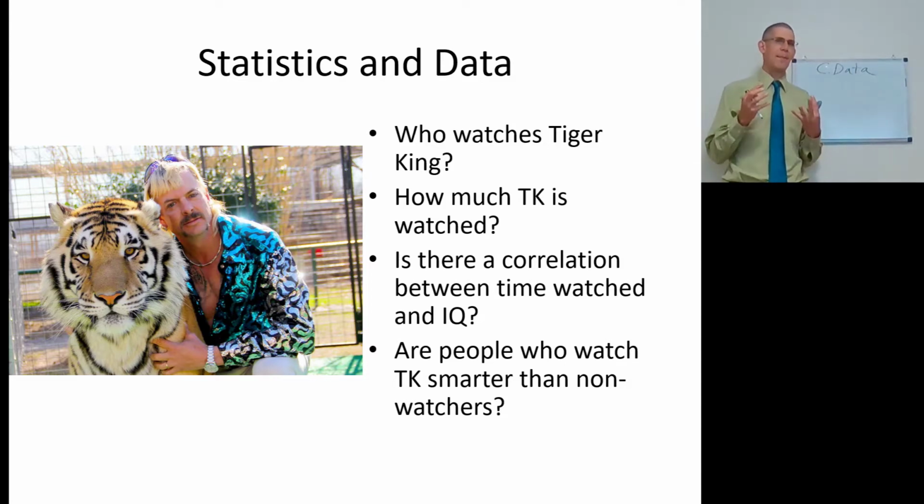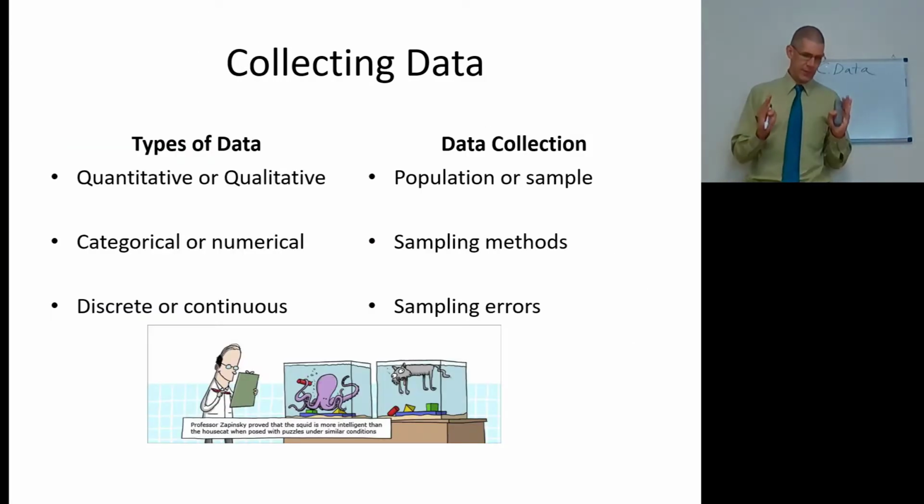What can we say about the population that watches Tiger King? How much Tiger King are they watching? Is there some sort of correlation between the people who watch all 7 episodes plus the 8th bonus episode and higher or lower IQ? Are people who watch it smarter than people who don't? These are all different questions which are answered by a whole bevy of descriptive and inferential statistics. So first thing we would need to do